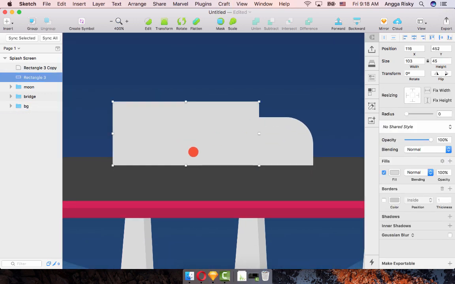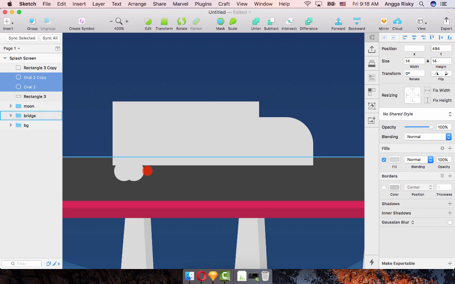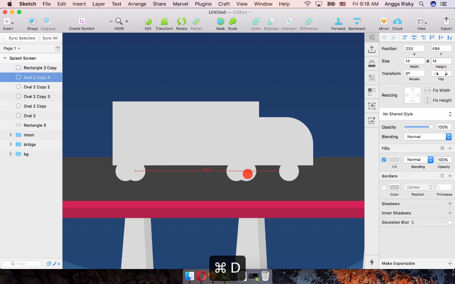make the ellipse right here and just duplicate again right here, and we need to duplicate this here and here. Okay,